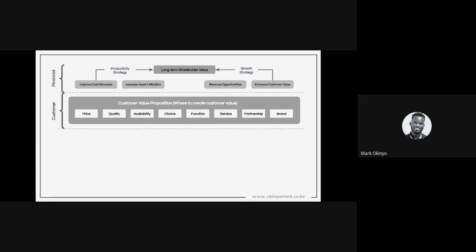So once you've chosen your customer, are they a cheap customer? Are they a middle customer? Or are they a customer who is willing to pay for more? If they're a customer who's willing to pay for more, then the value you will create will look very different. So for example, let's say somebody who is very interested in brands. We know the primary brands, so you'll have your Versace's, your Christian Dior's,